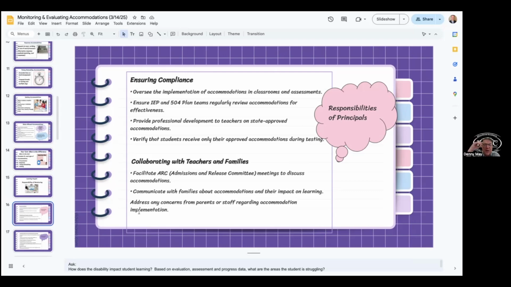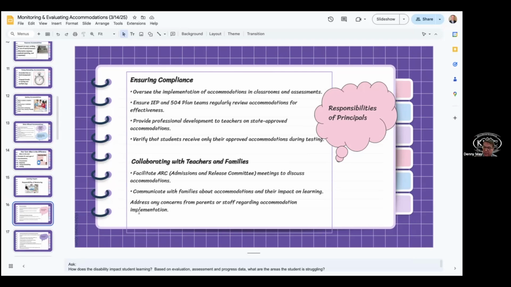And certainly in the ARC meeting, when students are receiving accommodations on the state test, there should be some transparency there with parents, and we should be making sure that we are all on the same page as to what students are receiving and what students are not receiving. Because as an administrator, you're going to hear about it if they're not receiving what they're supposed to be receiving, or that type of thing. So it's always in particular with those 504 plans, sometimes those are not electronic.